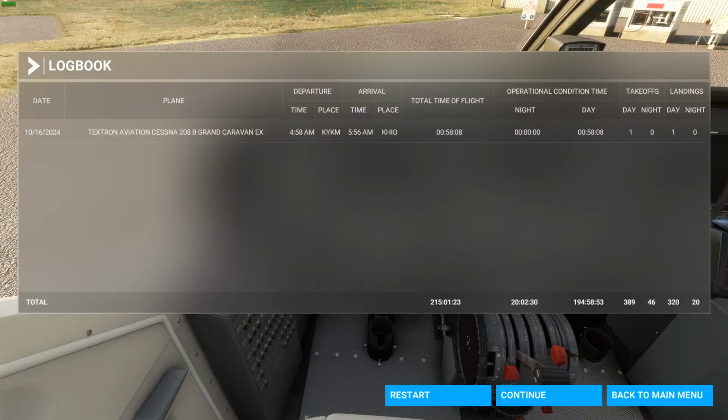Transporter from dispatch. Disembarkation